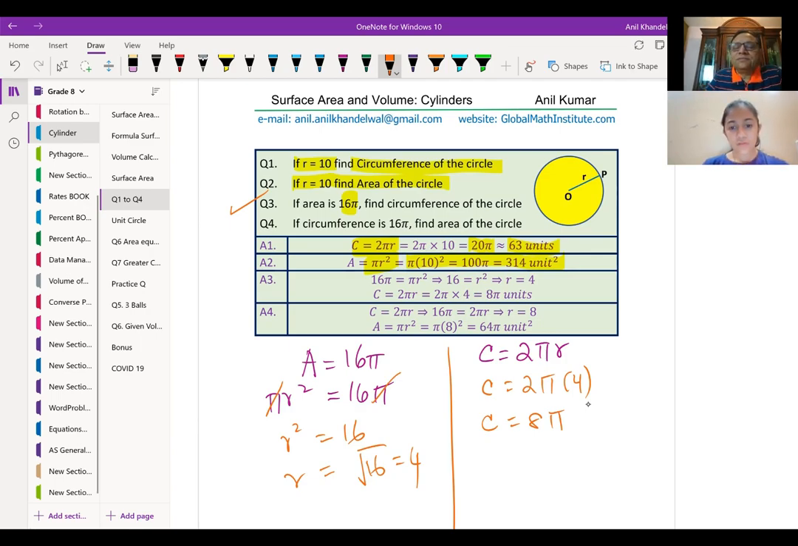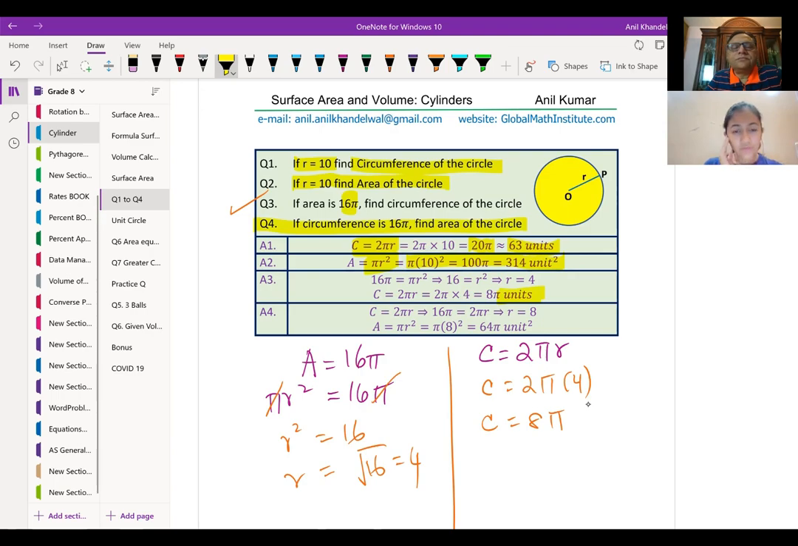Is that okay? Yes. And see, when I'm writing this solution, I'm just writing units, because I did not mention any unit. So it could be any unit of length. Is that okay? Yes. Question number